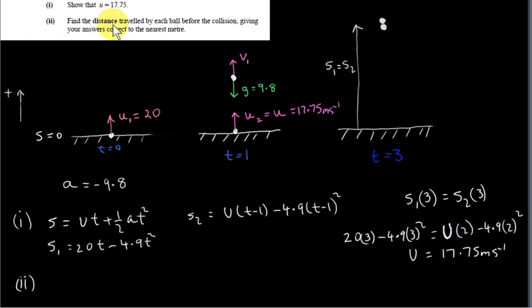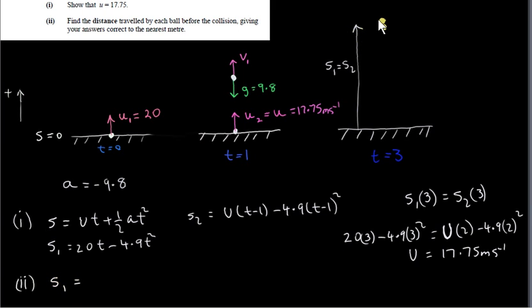In part 2, we want to find the distance travelled by each ball before the collision, giving your answers correct to the nearest meter. Okay, let's see what's going on here. You might think that S1 is the answer. Let's just calculate S1,